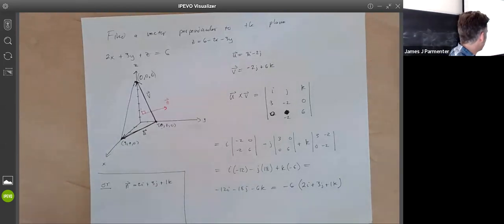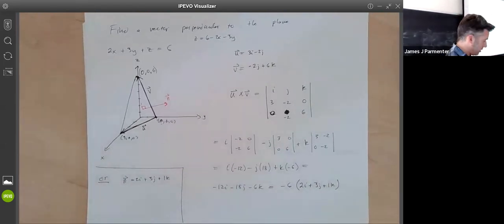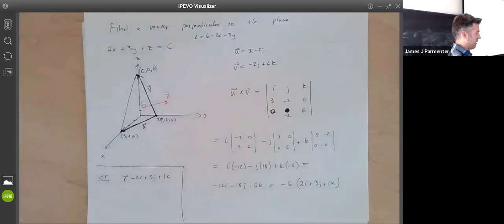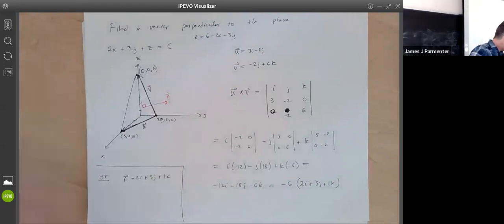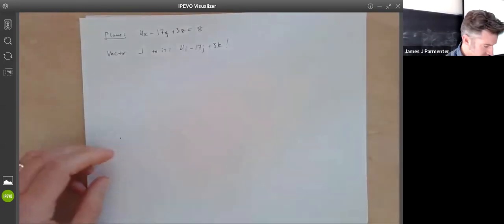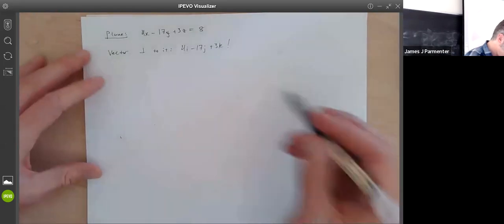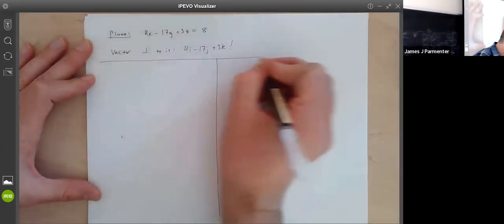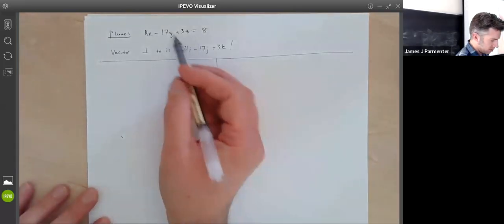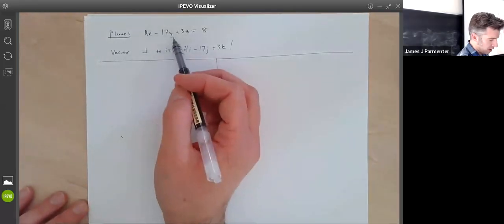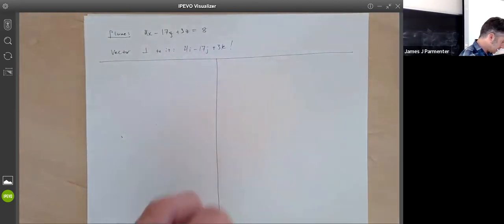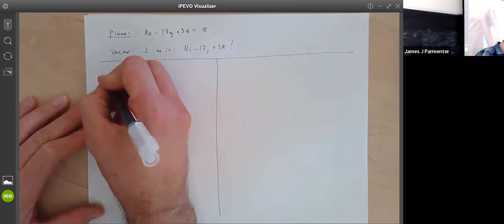So you might wonder, and I will admit, I used to always be like, why is that true? It seems very useful, but why would that happen? Well, there's a number of ways you can see it. Let's talk about 2 different ways. Let's say we wanted to find the vector that was perpendicular to this equation, 4x minus 17y plus 3z equal to 8. Well, one way is the easy way, what we just talked about. So method 1,